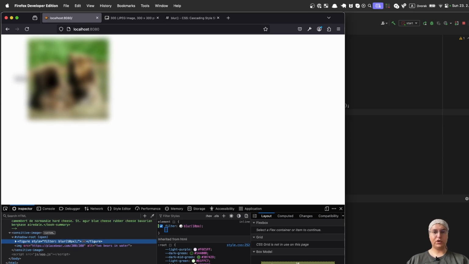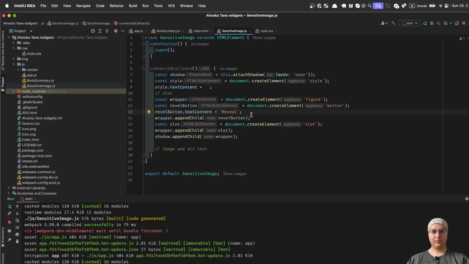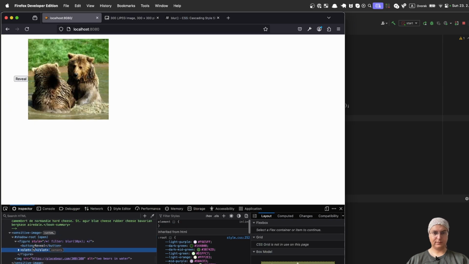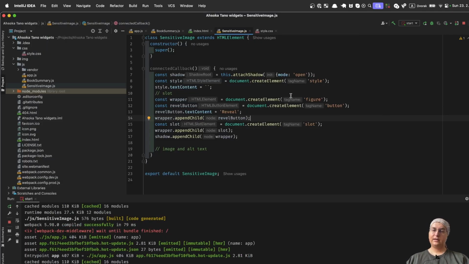Alright, this is almost what we want, except not at all. So there is one wrapper, there is figure, and filter, blur. Okay, this will not work on the slot directly, but